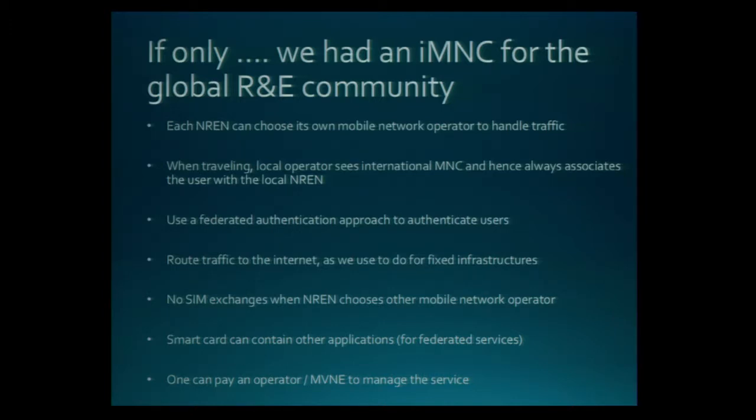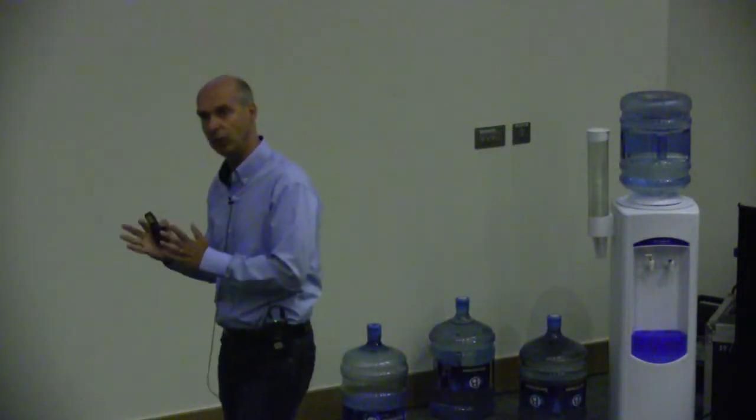Let me repeat what I said before. SURFnet can ask KPN in the Netherlands to offer us these mobile subscriptions. And the same thing EE can do in the UK for Janet. When a Dutch person goes to the UK and switches on his phone, EE just sees, oh, this is a local user, which is not the case, but they don't know. They cannot identify this. So they say this is local traffic. And it doesn't only apply to the UK, it applies to every country in the world where there is an NREN. Well, there are sufficient of those.